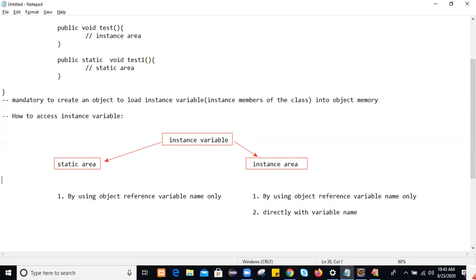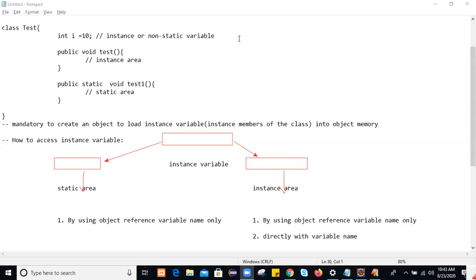So, Vasant, I have one question. Yeah, ask. In the instance area, you can directly access the variable name without creating an object. Yeah, but to call this instance method, you should create an object at least once, right?